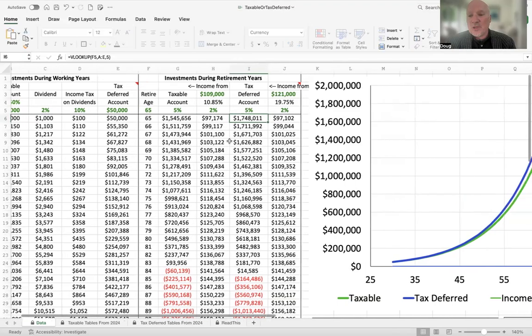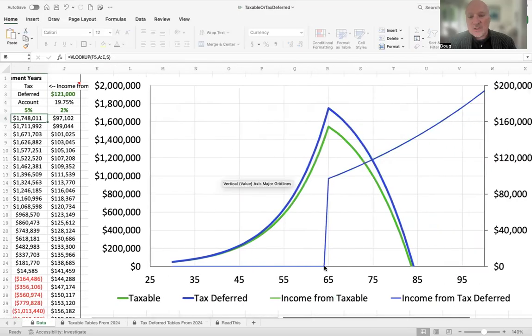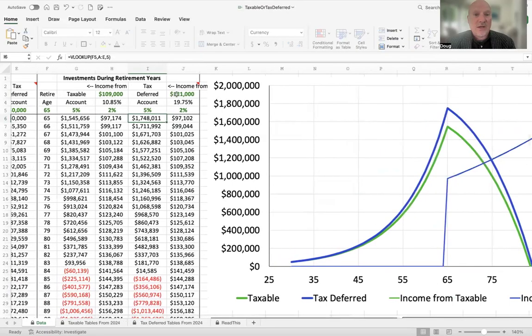So now let's look at the plot. We're going to scroll over here to the plot. We see your age across the bottom, and from age 30 to age 65, there's the growth in the tax deferred account in blue, and over here's the growth in the taxable account in green. Now we're going to withdraw monies from there, but different amounts. This $109,000 and $121,000 are going to get withdrawn from these two accounts as noted here,